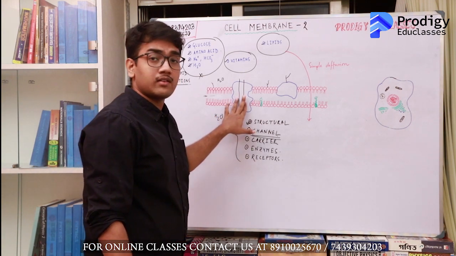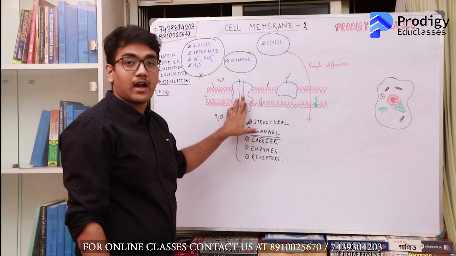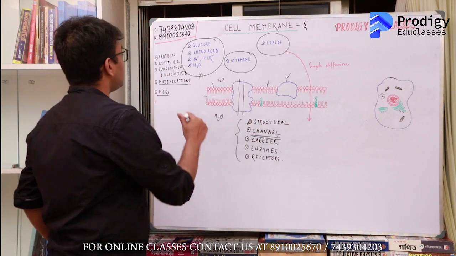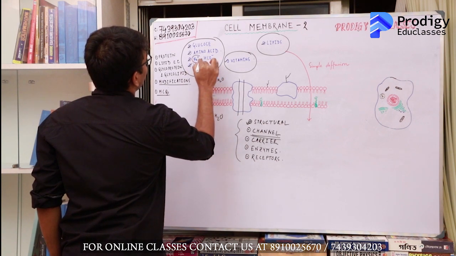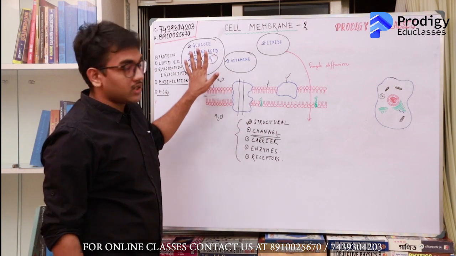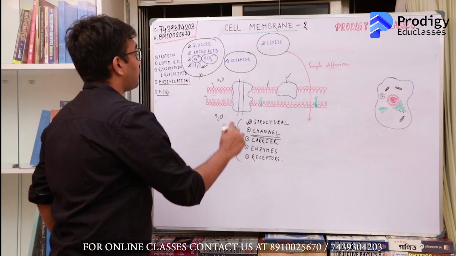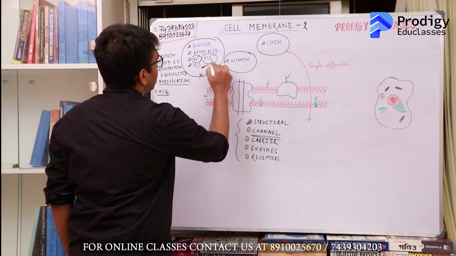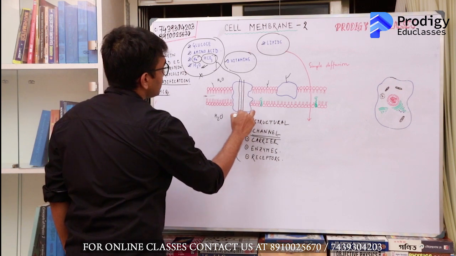Now, proteins have a hydrophilic property. Amino acids have a hydrophilic property. So all of these substances, if you look at water and if you look at ions, sodium and bicarbonate, or the other ions like potassium and chloride, all of them will use these channel proteins to pass across the cell membrane. They will pass across the cell membrane through channel proteins.